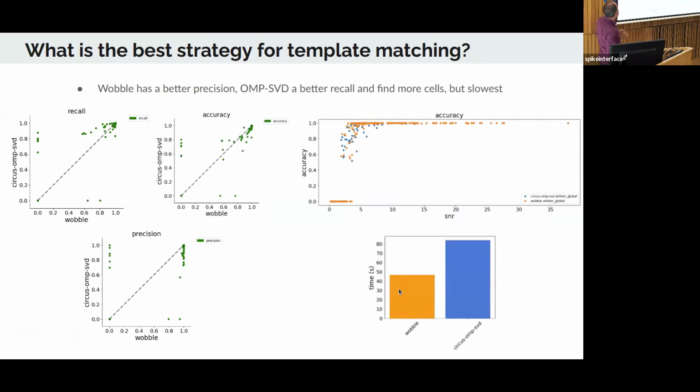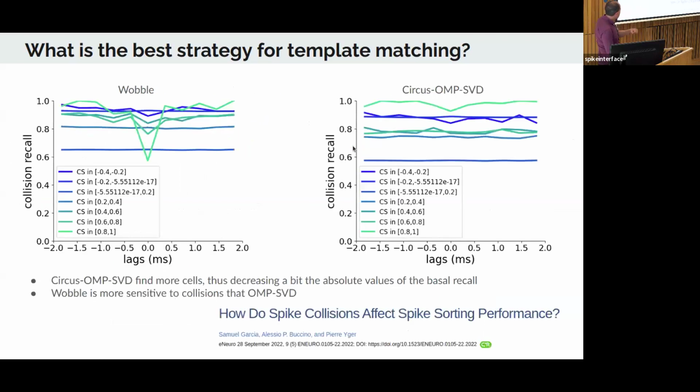So again, at least we can quantify those steps. Again, I will make a pipeline at the end, but I'm not here saying I have the answer to spike sorting, but we want to put the tools in place to be able to compare that. The two are really good at disentangling, the accuracy is very good, collapsing for small SNR cells, but that's expected in a sense. This approach of comparing spike sorters and template matching based pipelines is also a paper we did, again with Samuel and Alessio. And at that time, we were comparing how good the spike sorters were at handling collisions.